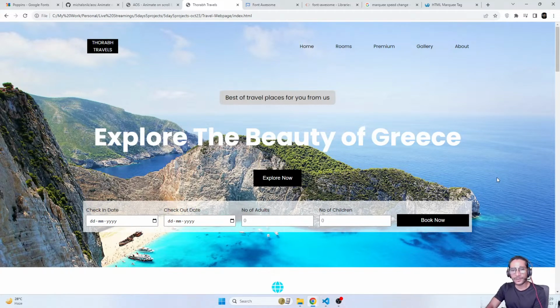Responsive, I am not planning to make this responsive, but maybe I'll make tomorrow's site responsive because tomorrow's site is going to be a little easier, a little less time consuming. So tomorrow's site I'll make it responsive, then you can come back to this site and you can also make it responsive. Okay,